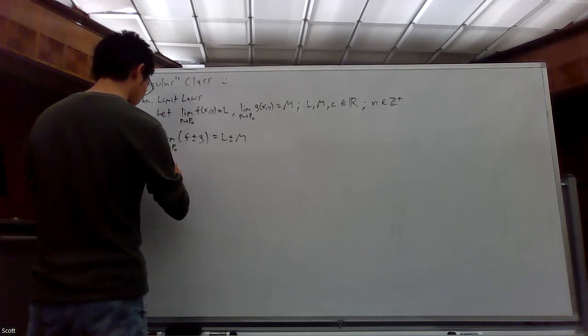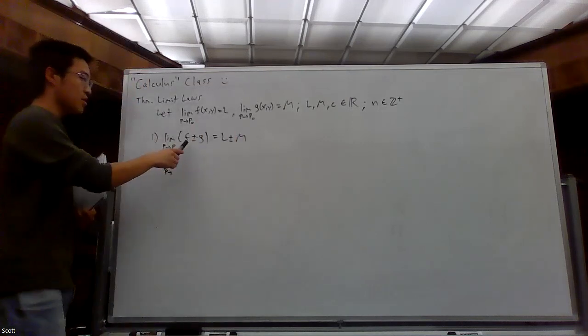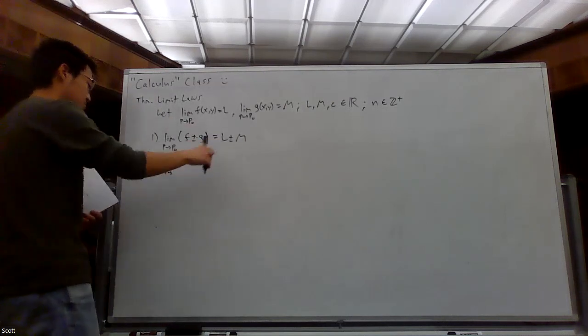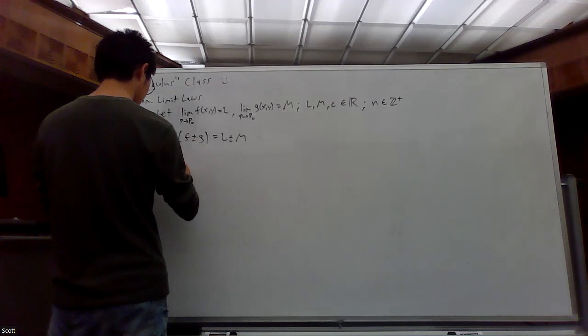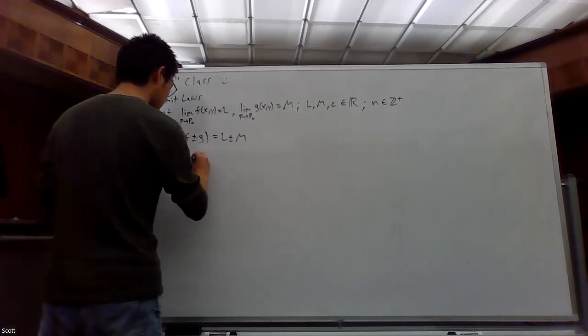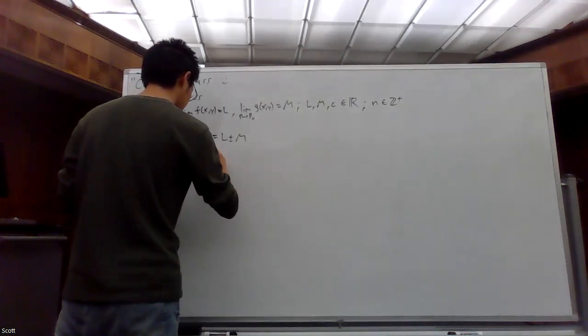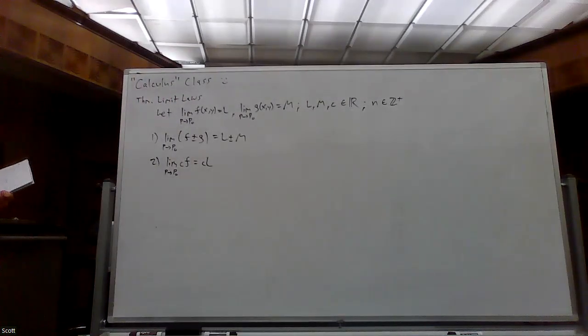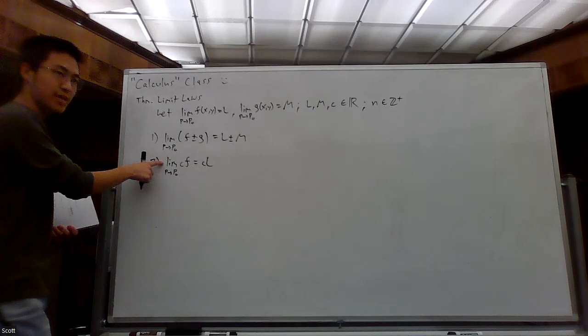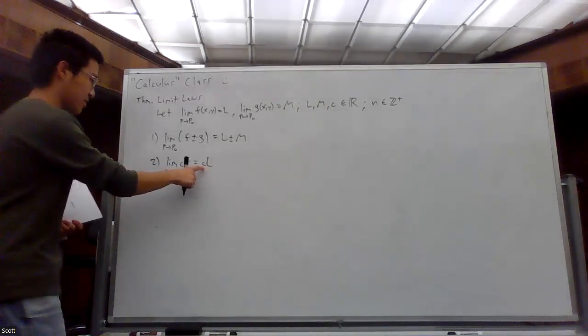Sometimes we call this the sum and difference rule, or you could just use it without citing what it's called. For the limit as p goes to p naught, if you have a constant multiple times your function, you just take that constant multiple as expected and multiply it by that limit. So this is kind of the same idea as if we took the constant outside the limit. That's why we can take constants outside the limit, but you just take it and multiply.